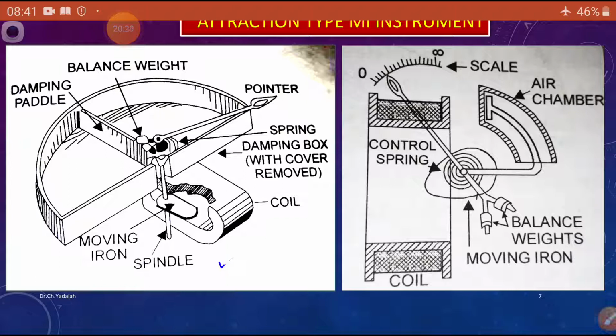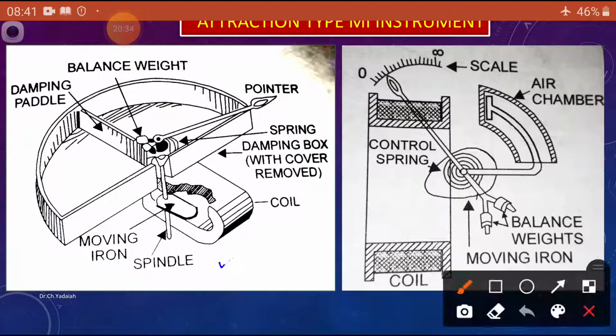If you are observing the plan, the top side, we are seeing the same thing. Here you can see this is the air friction damping. In this case, the fluid friction damping. And this is the coil. If you are seeing the cut coil, the coil is in this direction. This arrow mark is the oval shaped iron piece, the moving iron, which is attached to the spindle. You can see the spindle. Here is the iron piece,